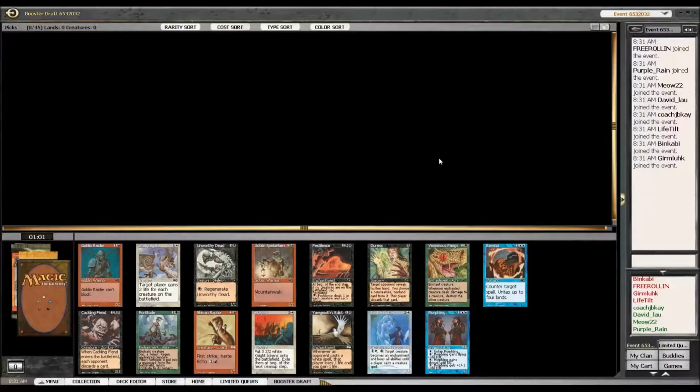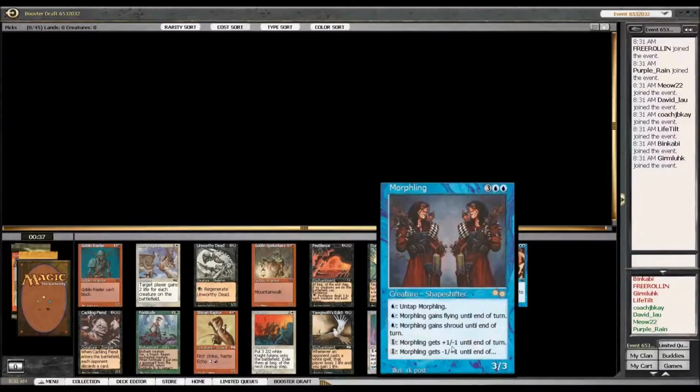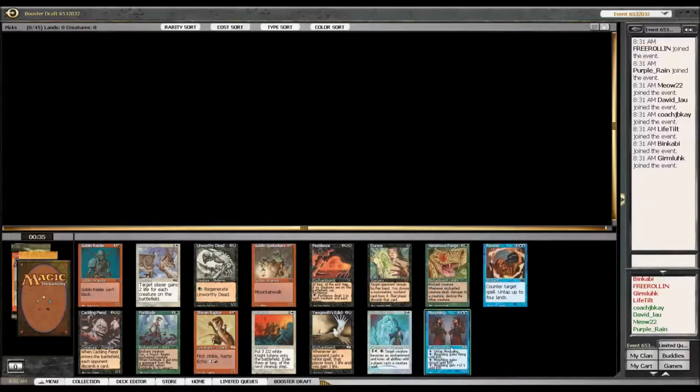I've done one so far and I lost the finals. I had no removal, so that was a pretty big issue. Drafted blue-green control basically with some counter spells and flyers. So I'm not familiar with the format whatsoever. But I do know that Morphling is a good card, and